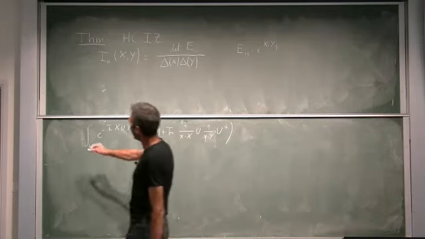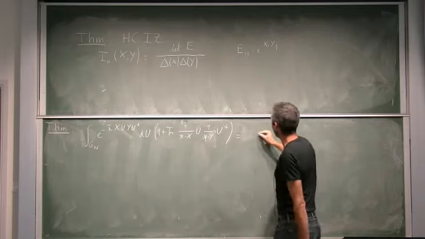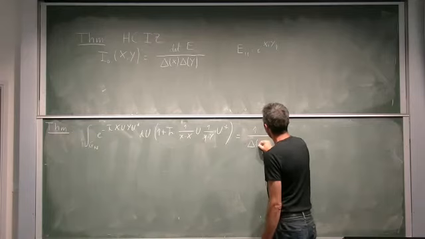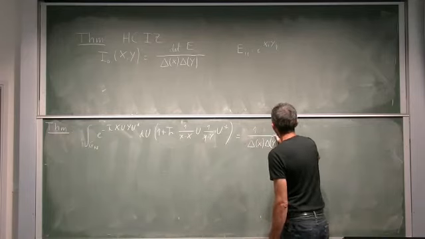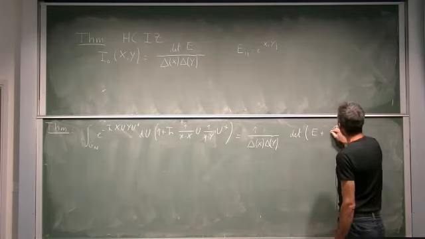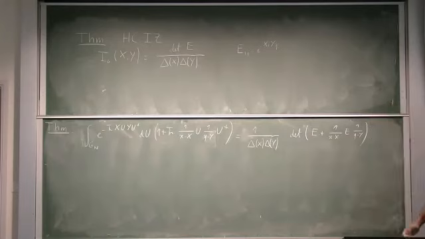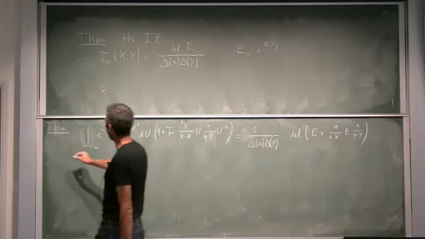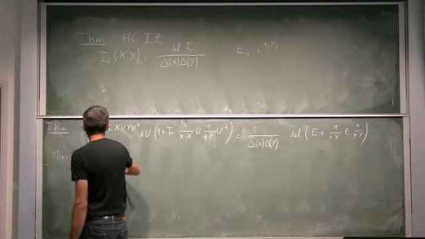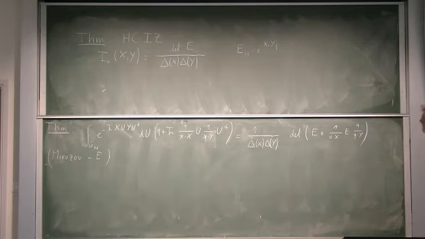So the theorem is that this is equal to 1 over delta of x, delta of y, times the determinant of the same matrix E plus 1 over x minus X, E, 1 over y minus Y. And okay, this is the theorem by Morozov. Okay, this is the way I rewrote it, but now it will be generalizable.